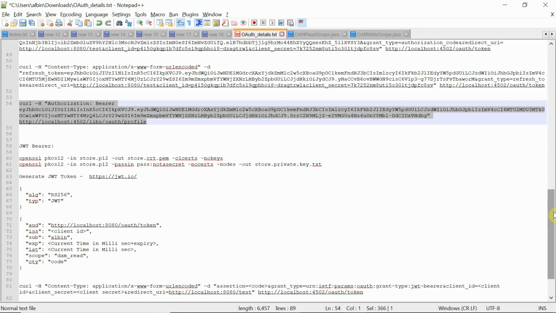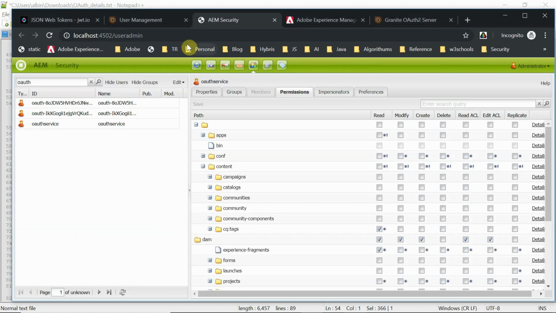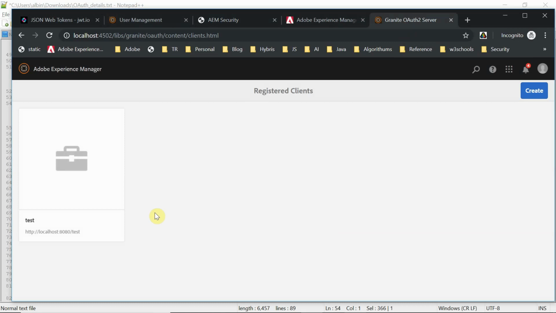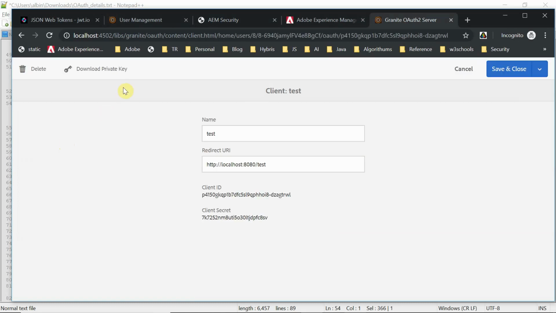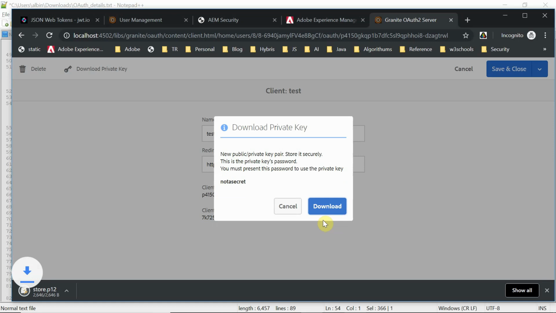Now for that, as a first step, go to this client definition. If you go here, you can see this is the client definition. Just click on this. Here, as I already told, the JWT token should be encoded or signed with the private key. So for that you download this private key. Just note, keep it private. Because this is a demo I am showing it, it's not a secret, this is the password. Download it.